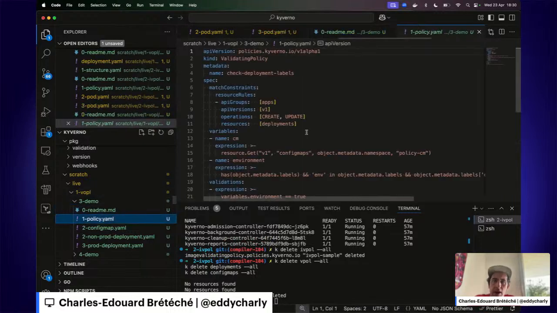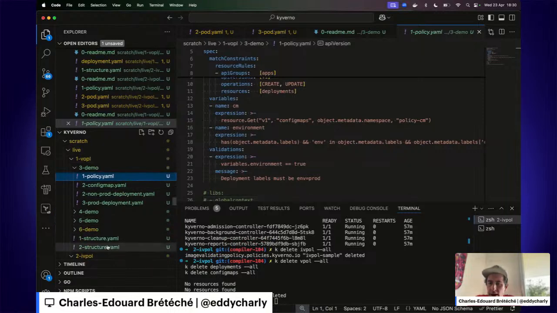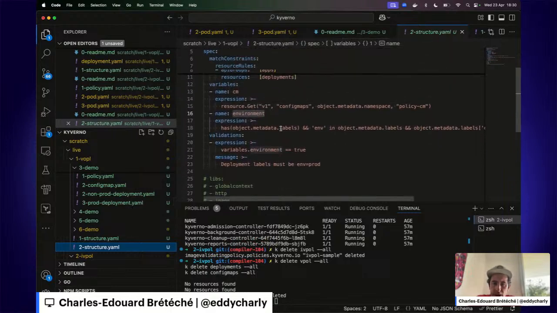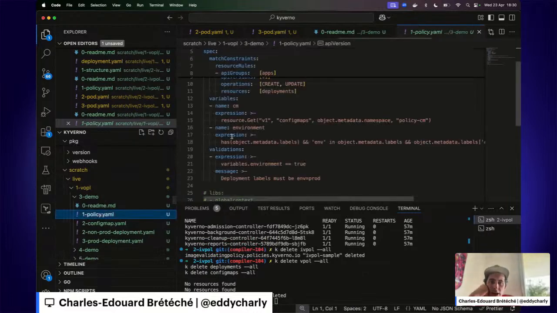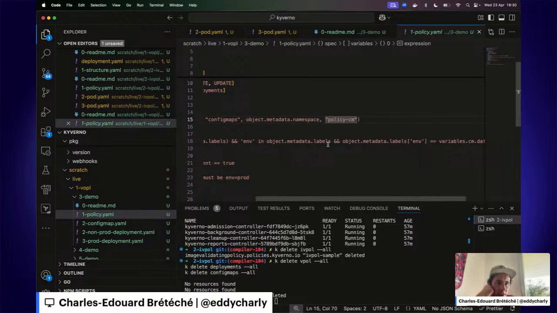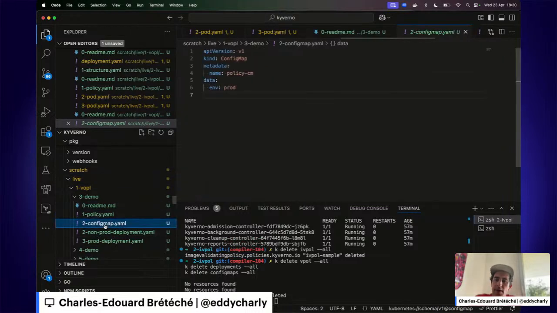this policy. What this policy does is the same as the second one we saw in the first presentation. It's just going to fetch the config map called policy-cm and check that what we have in the config map matches the deployment labels.